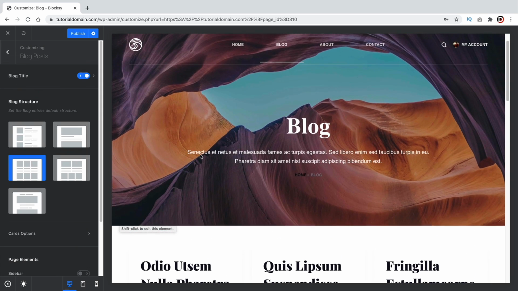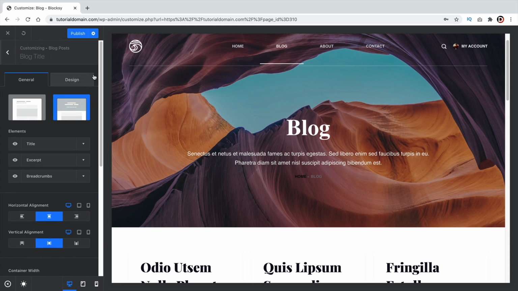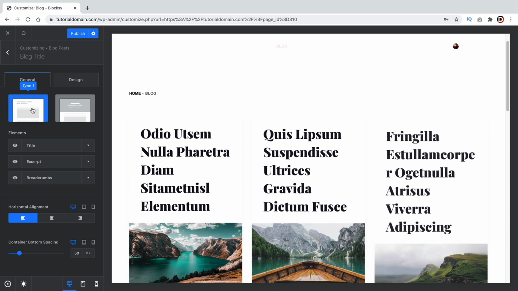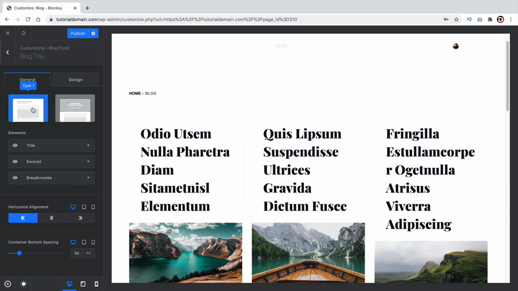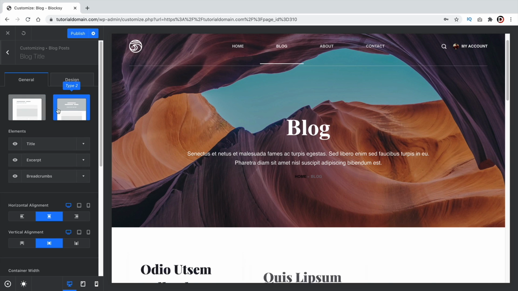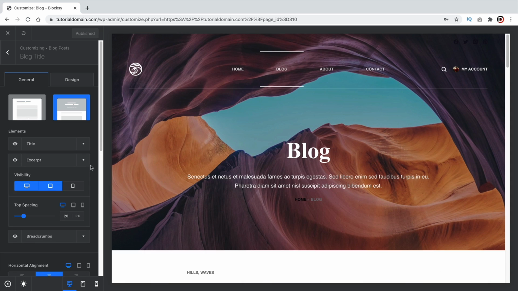Now also on the top right here, we can disable or change this specific section. Right here under the blog title, we can have it as type 1 or type 2. You can do this for the category pages and also the archive pages as well. You can also take out the title and change the excerpt as well. I'll be very honest, the excerpt is a very tricky thing to find with the Blocksy theme, but before